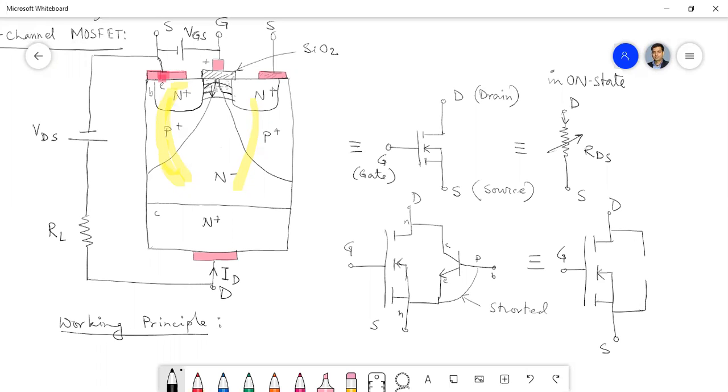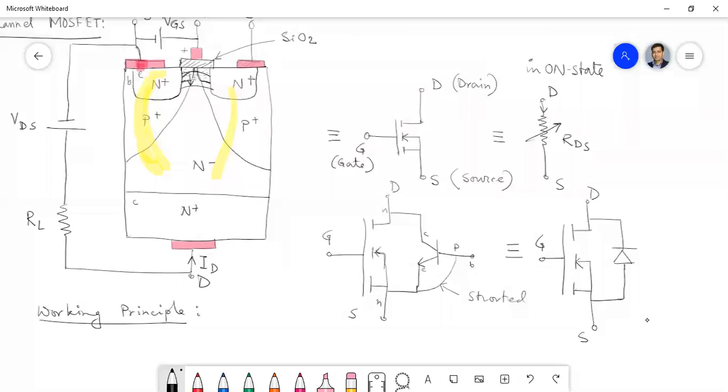Sir, N will be up and P will be down. No, the cathode and anode. Sir, the anode will be on the source side and the cathode on the drain side. Okay, so that means this. Is it okay? Now it is okay. So this is called the body diode